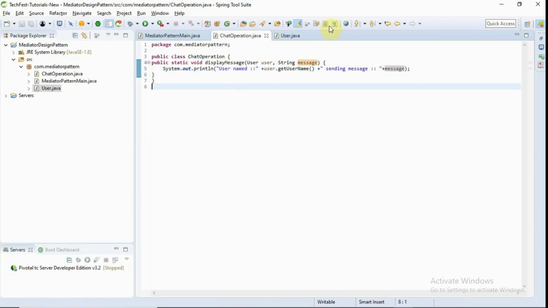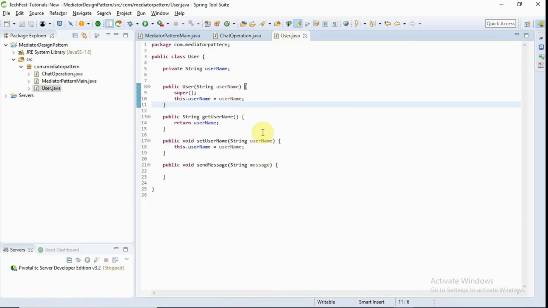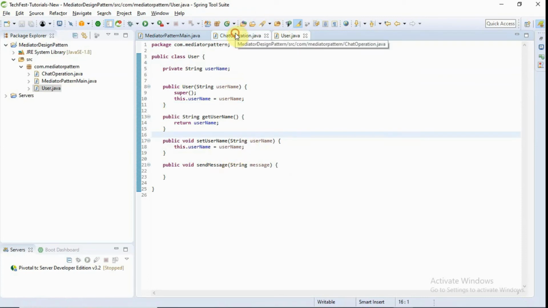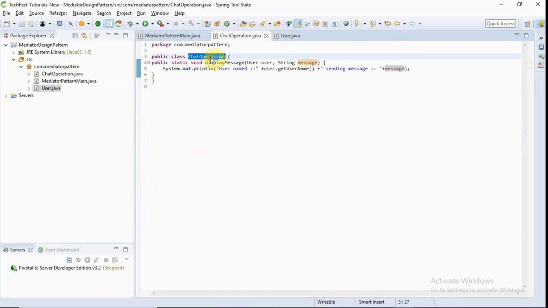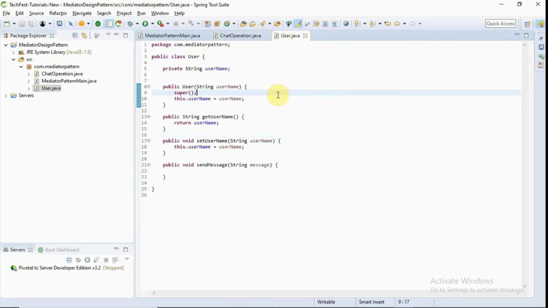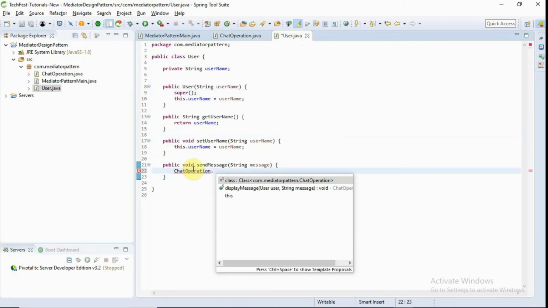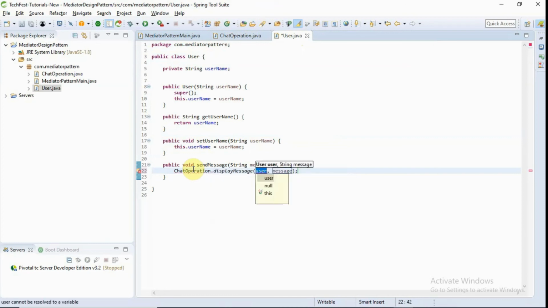And in this send method, I'll call the display method and pass this and whatever the message is.